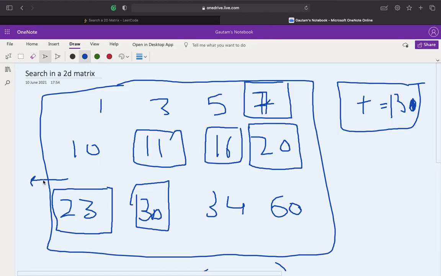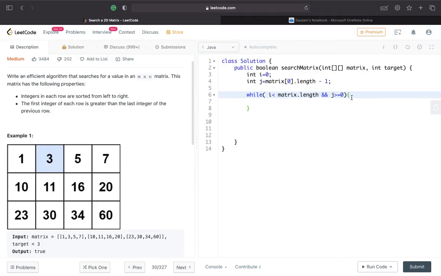We don't need to move j beyond the zeroth index. So I put the condition over here, and now we'll check if matrix[i][j] equals target. If that's the case, we'll simply return true.